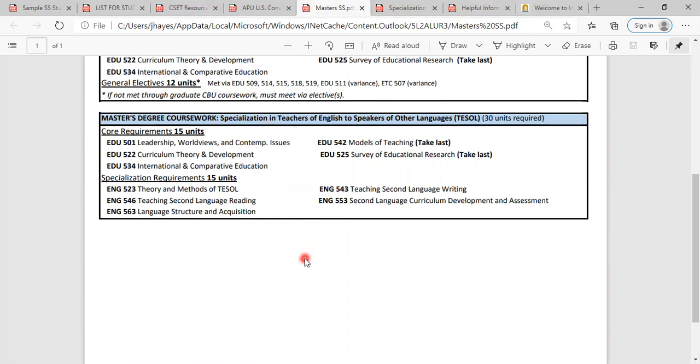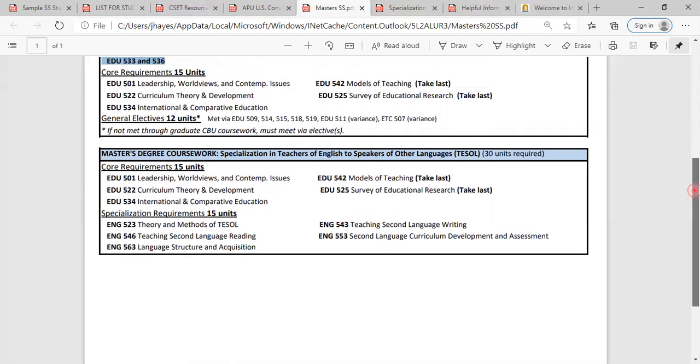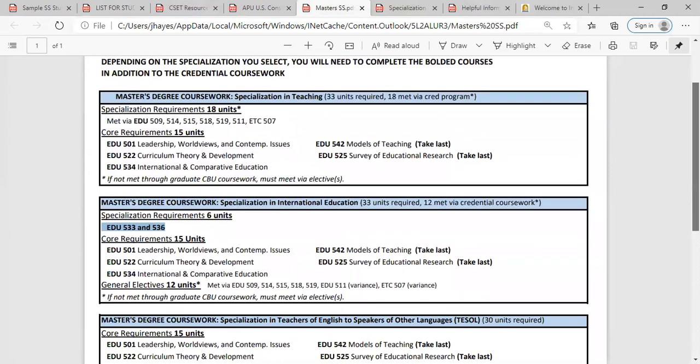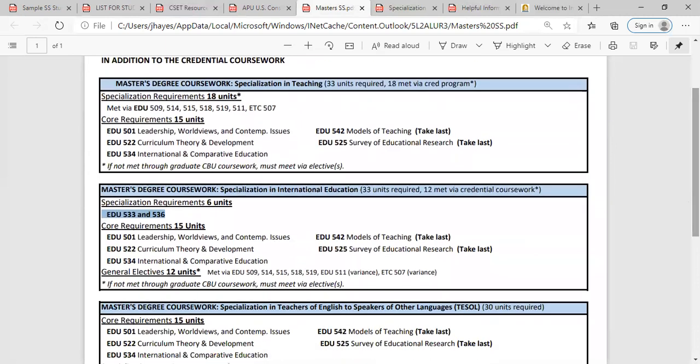But it's definitely a great option if you see yourself teaching English in a different country. And with this master's, you will receive the TESOL certification, which is needed if you want to be hired as a TESOL teacher. And so again, if you want to teach English outside of the country, that's a great option, and it would be 10 classes. So if you already know which specialization you would like, you can fill out